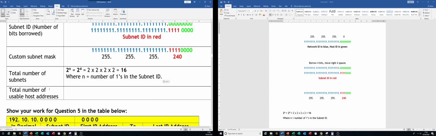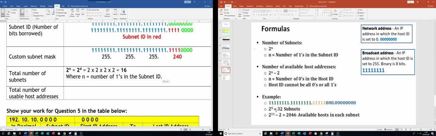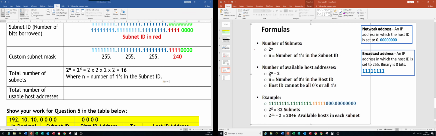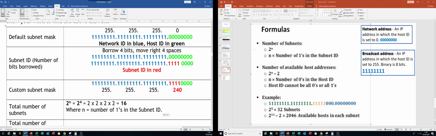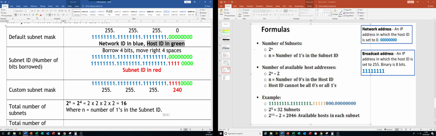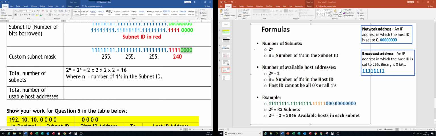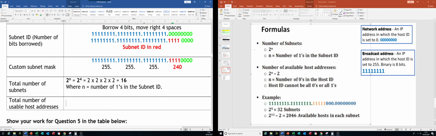Okay, so now the last bit. This is very easy to do, which is we apply this formula, 2 to the power of n minus 2, where n is equal to the number of 0s in the host ID. You must remember this. The host ID is this one, in green. So how many 0s have I got in green? Just count: 1, 2, 3, 4. So it's 2 to the power of 4 minus 2. That will give you 16 minus 2, which gives you 14. Yes, I have just enough 14